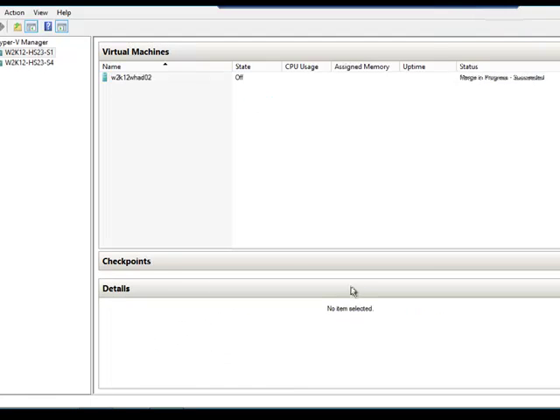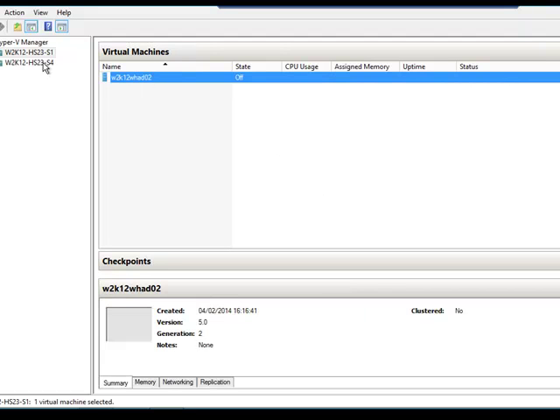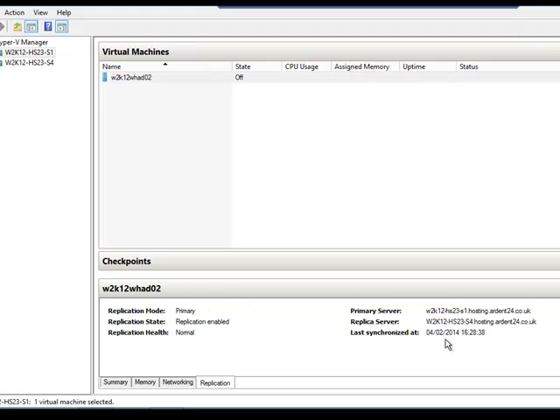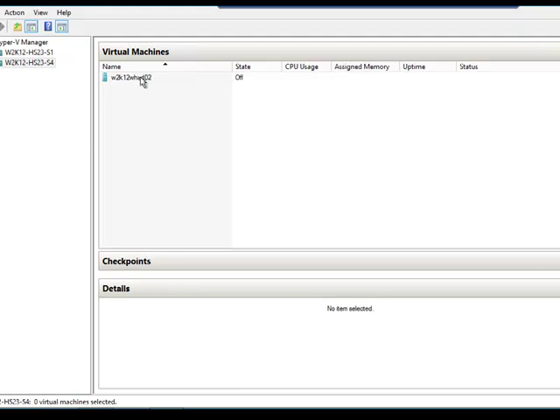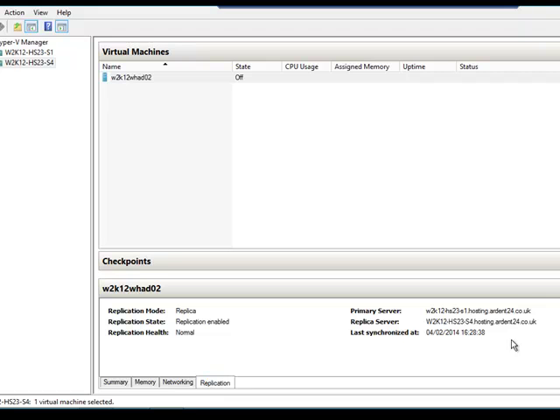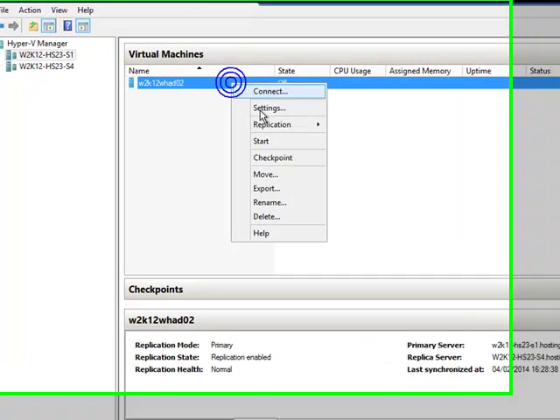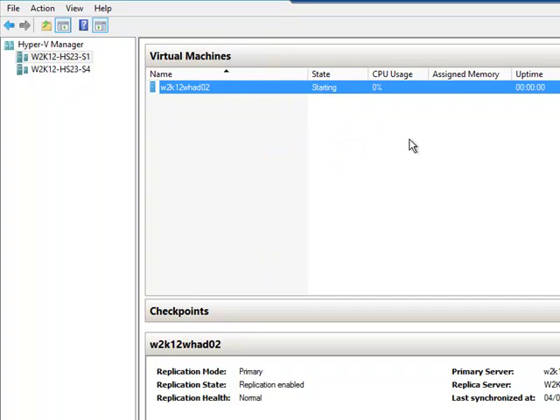So replication is coming to an end, and Hyper-V has completed the initial replica. In our replication tab we can see that the last synchronized time is correct on both servers. Okay, so now we're ready to start our virtual machine